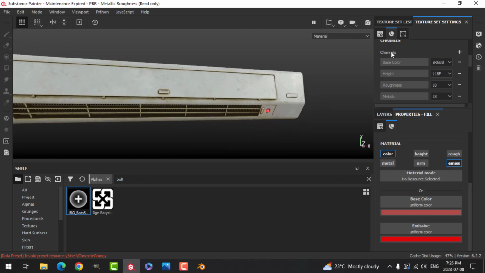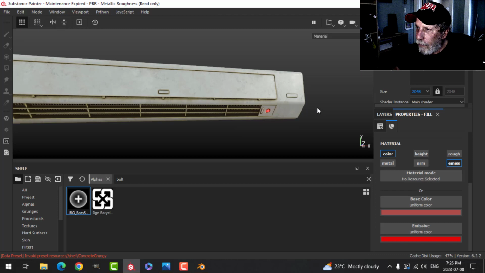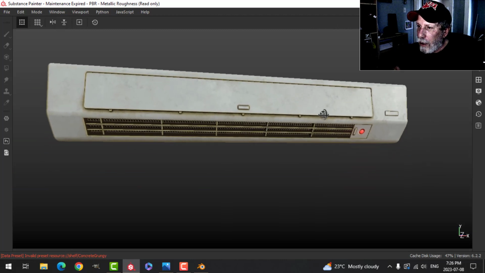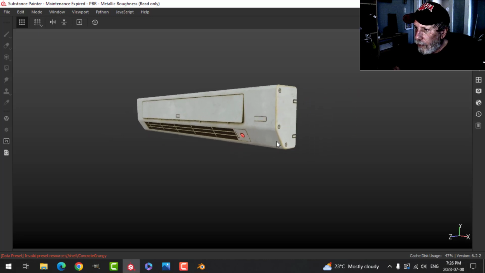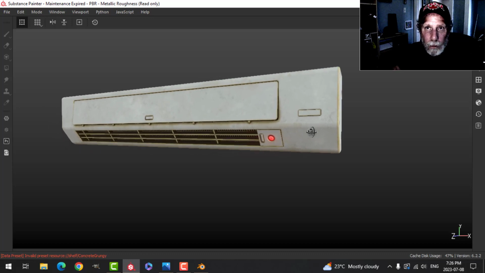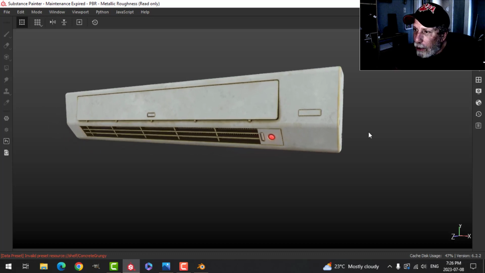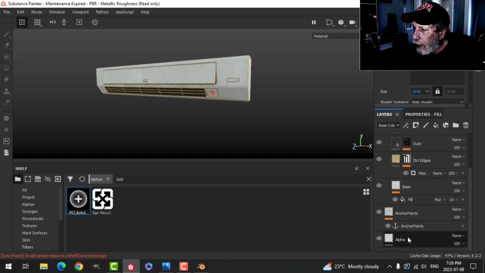Now let's increase the resolution on the body layer. I don't think I need to worry about the grill, so switch that to 2048. Maximize, and there is my model textured. Okay, at this point you would just export the textures and bring them back into Blender, and I've done that multiple times. You could add any other details that you wanted to on this, and I will show you just really quickly one thing. If I come back down to my alphas,